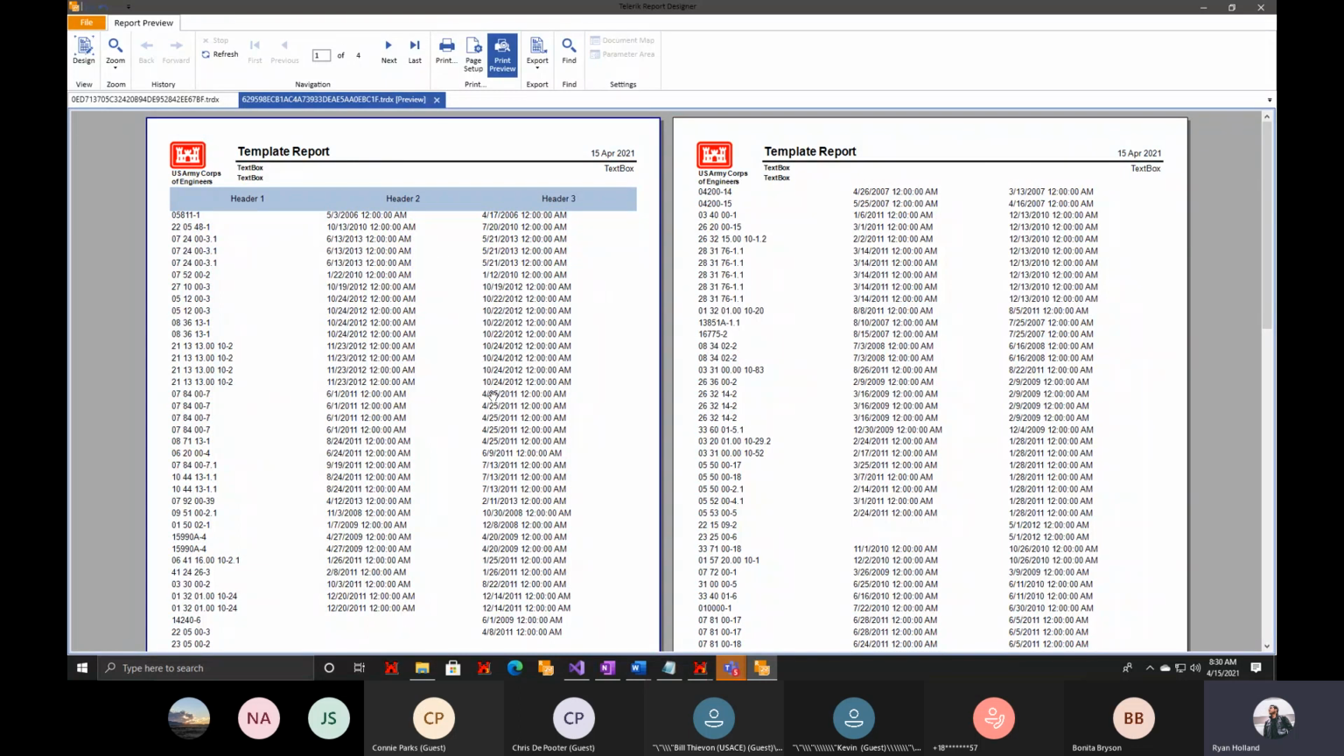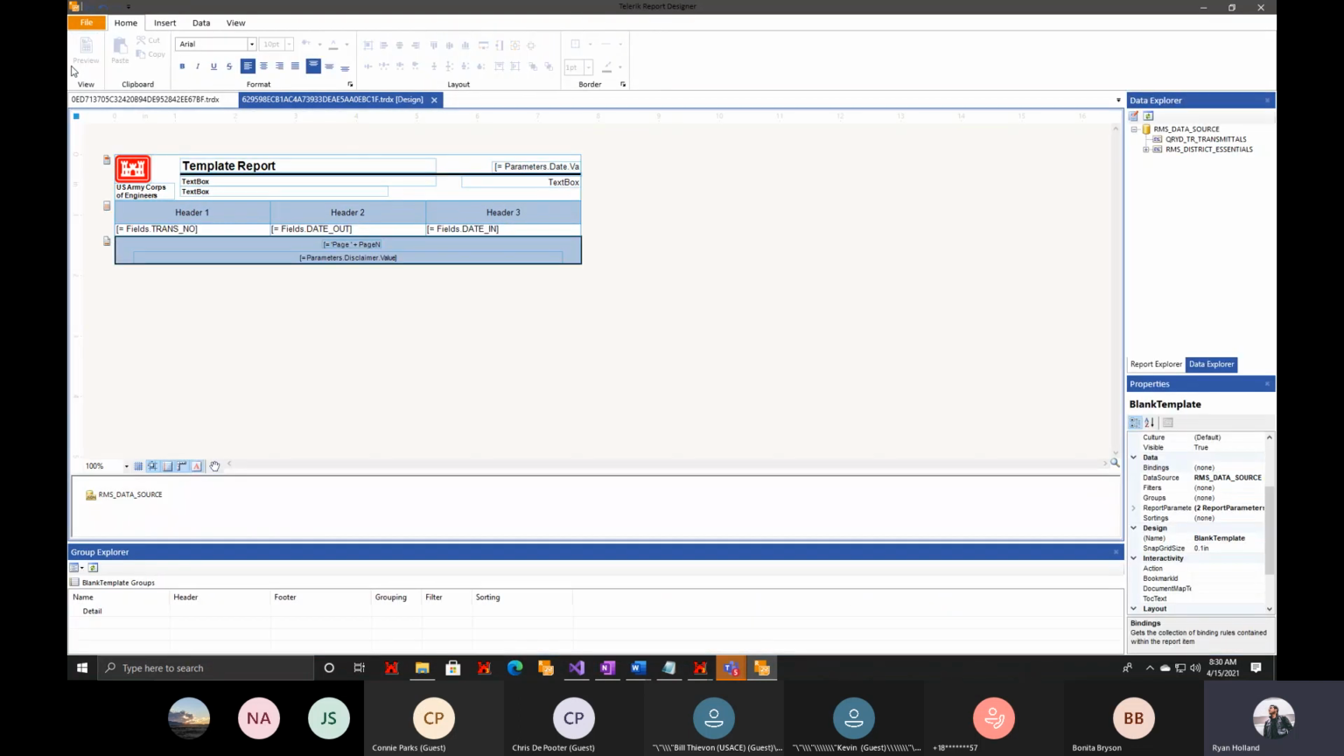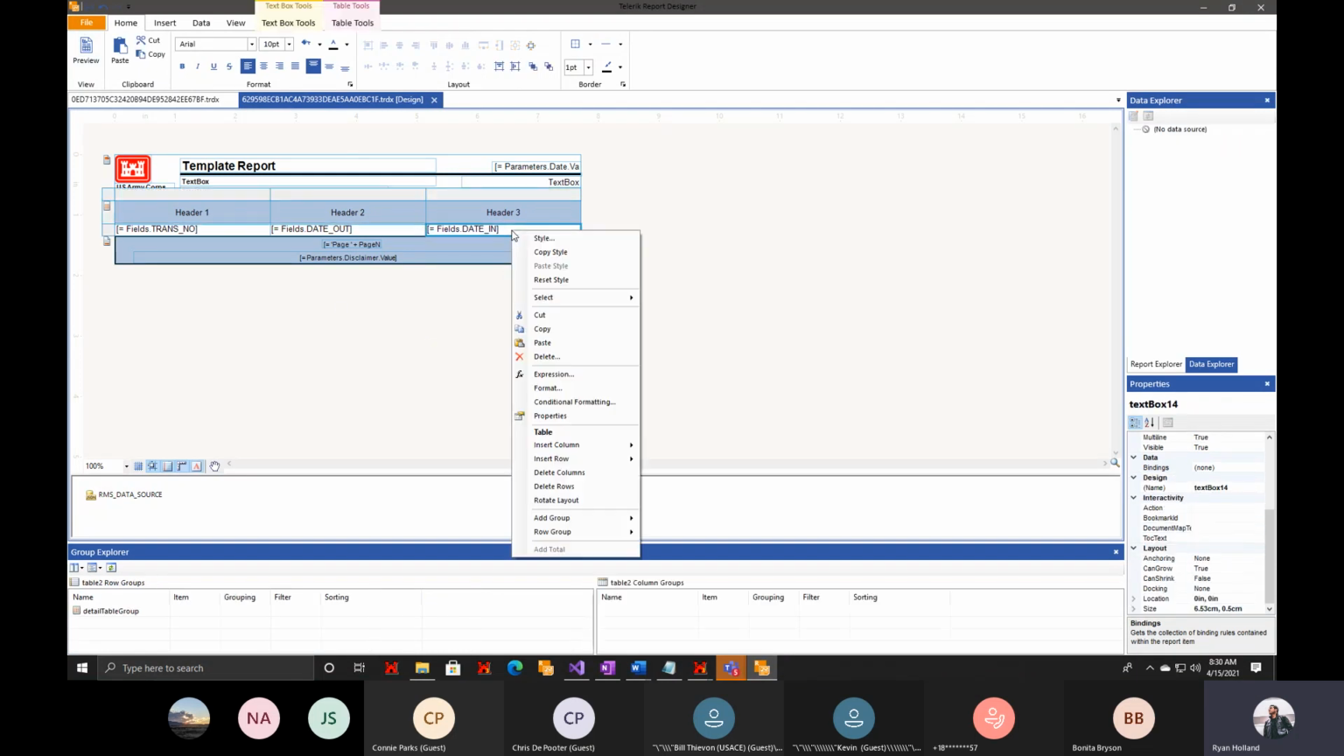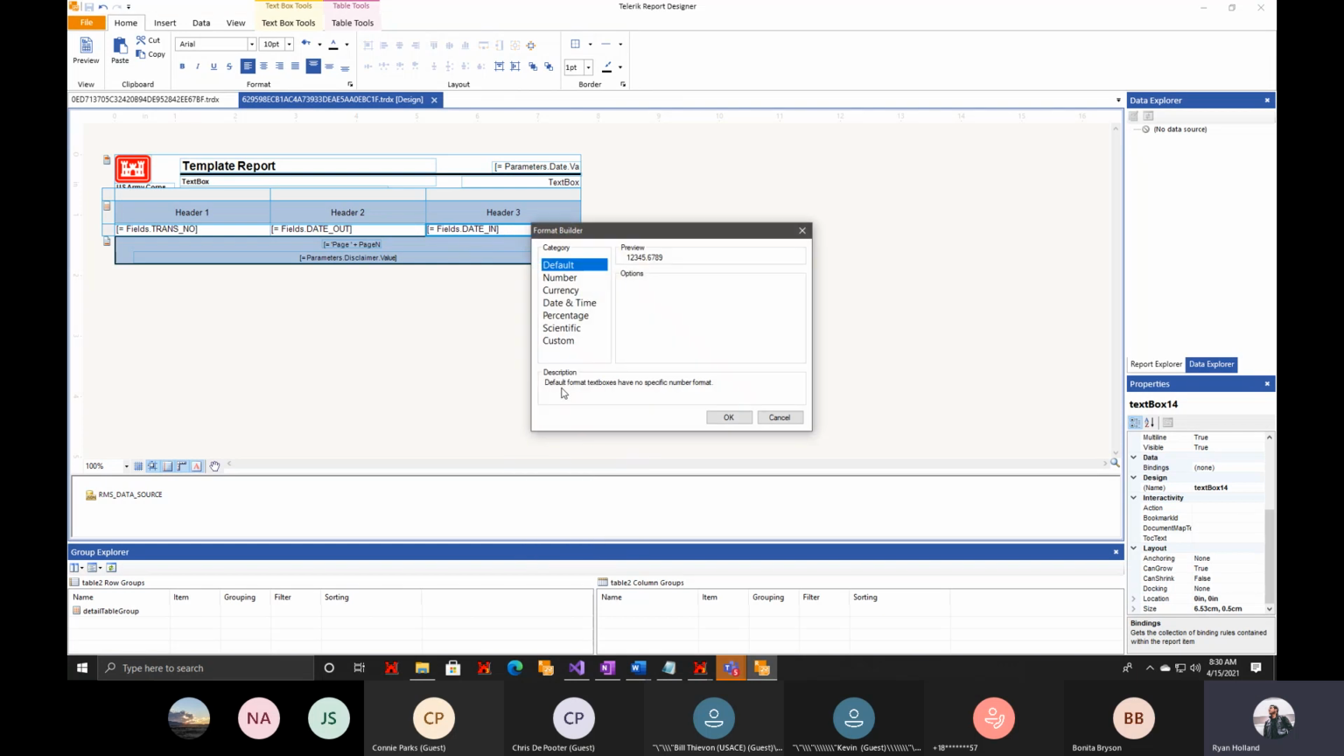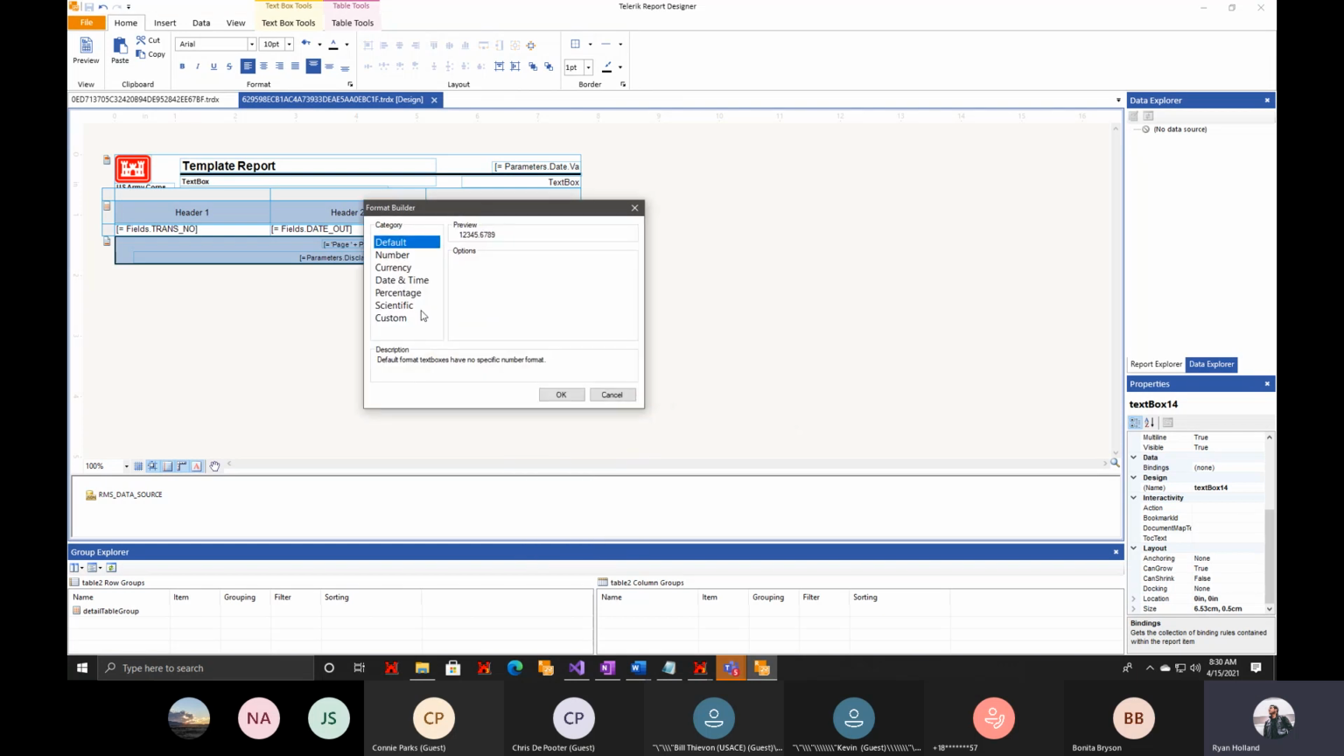Now, one of the things that you might have noticed is that this formatting looks really strange because it has the time. Telerik has some awesome formatting tools, just like Fast Reports did. Actually, in my opinion, I think Telerik's formatting tools are a little bit better. You can format objects by right-clicking the object that you want to format and selecting format. You'll see a prompt up screen that comes up, and you have a number of different options of formatting those